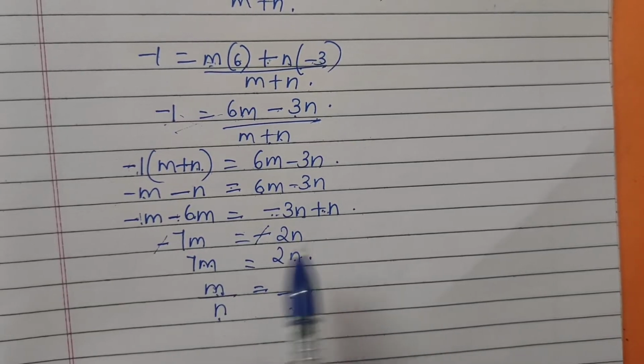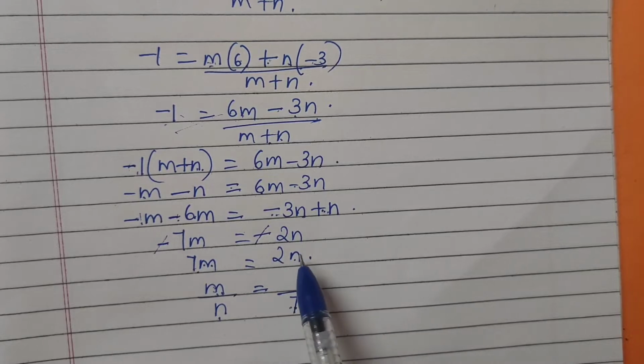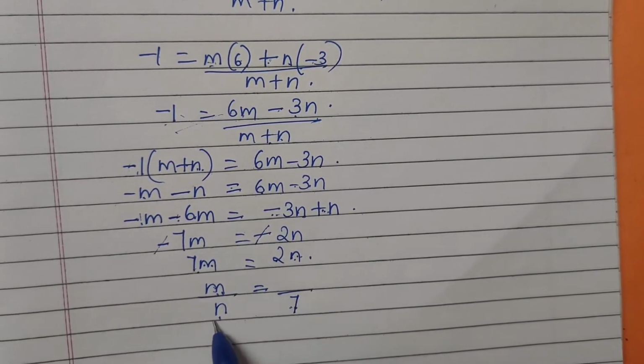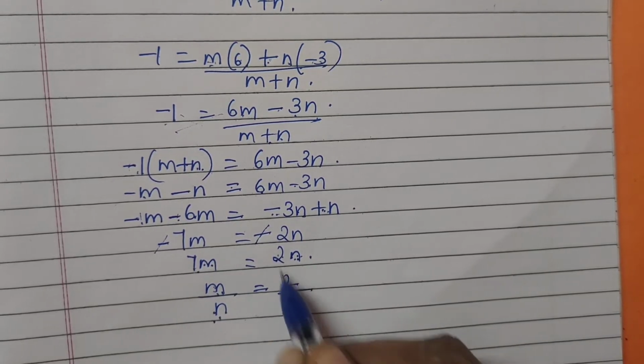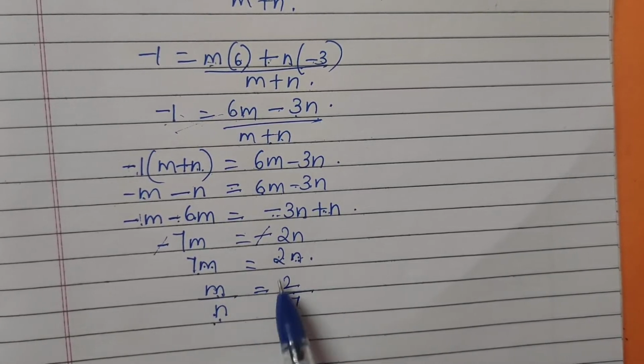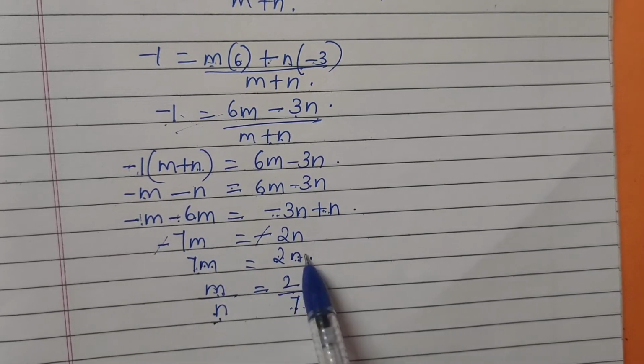Or I can tell you in another method: this is in multiplication form, and when it comes over it is in divide form, and this is in multiplication form. n has gone here; n is in multiplication form, here it became divide, but this 2 stays where it was. So you can do it in any method. If you cross check it, you should get 7m equals 2n.